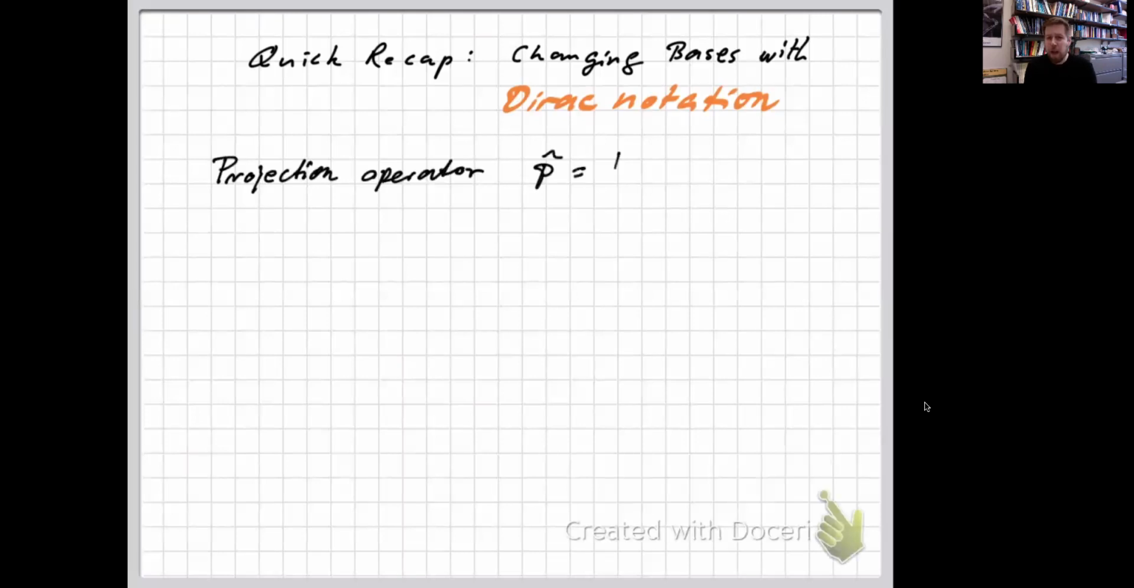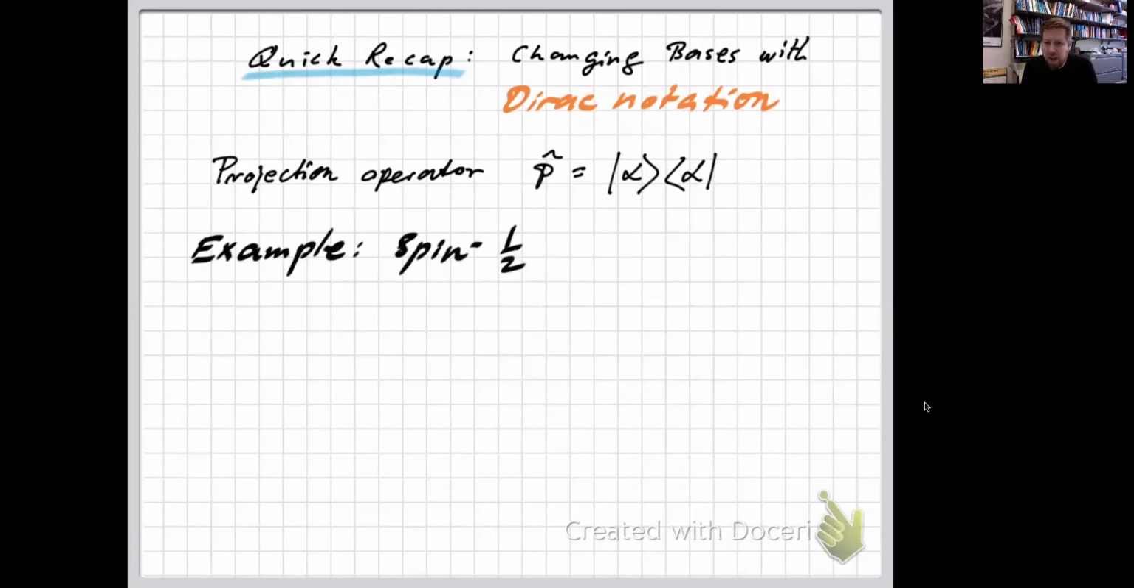We talked a little bit about this projection operator, P hat, alpha ket, alpha bra, written in this particular order. So it's not an inner product, we call it an outer product. And an outer product is an operator, and an example of that would be